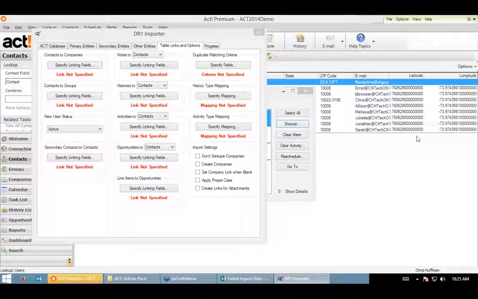Yeah, ACT to ACT is actually designed to kind of recover from, for example, an orphaned remote database, or you've got some damage in your database that doesn't let you do a save copy as, things of that nature. You can create a brand new database, tell ACT to ACT to bring over all the fields, bring over all the users, everything. And it also maintains the record managers and makes sure that everything maps through correctly. So definitely a useful tool. A legitimate use case for ACT to ACT right now, for those of you that have customers that have updated to V16 and have experienced the missing contacts,